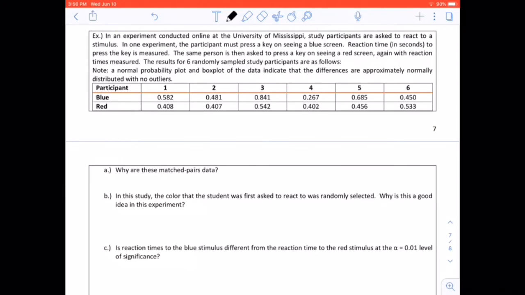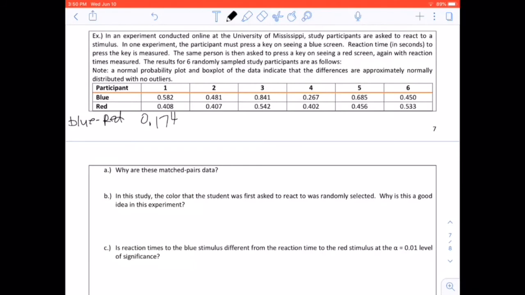So I suggest writing down how you plan to subtract whenever you have this dependent or matched pair data. The reason why is just so you don't accidentally start subtracting the opposite way. It's going to mess up the signs and it will lead to a different answer if you do it not for the entire problem. So subtracting this, I'm going to get